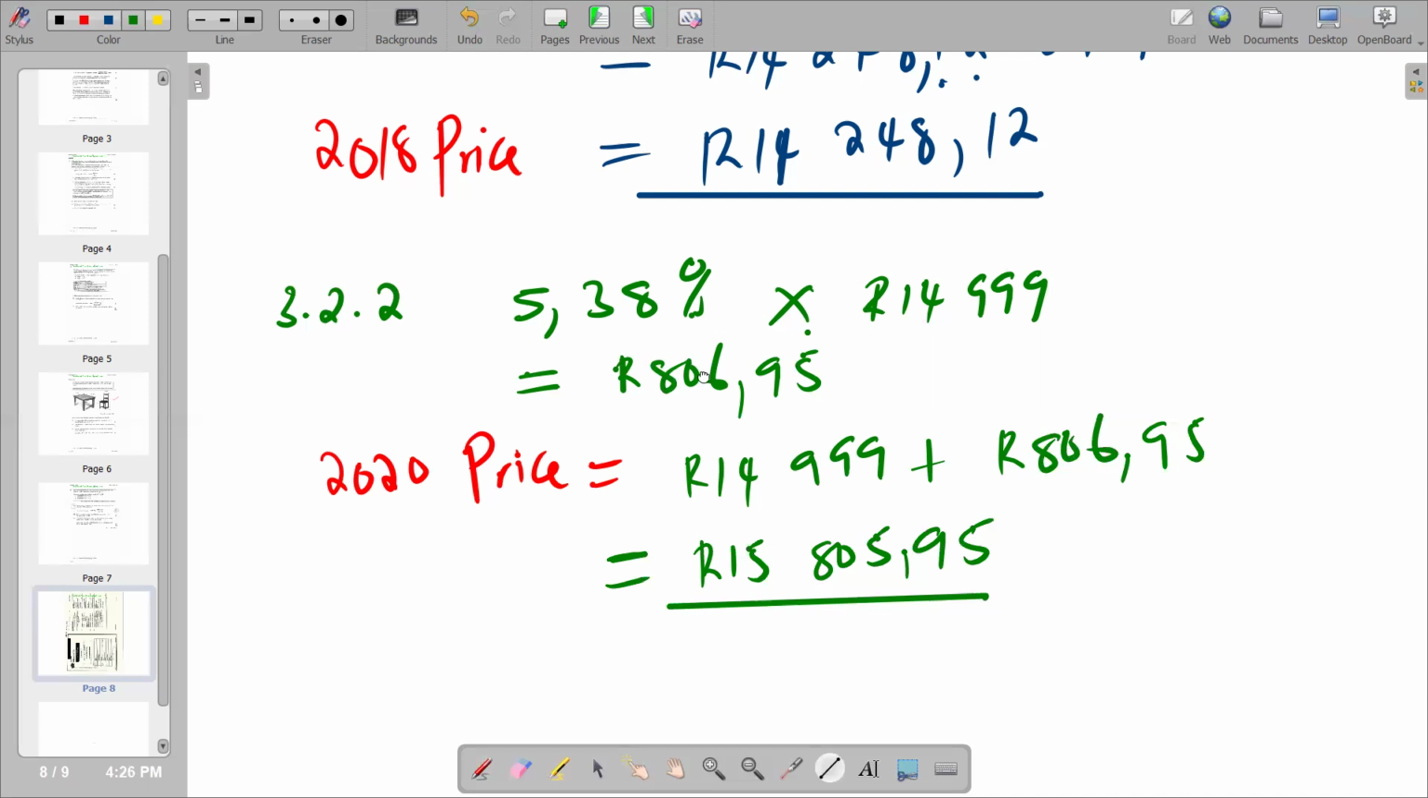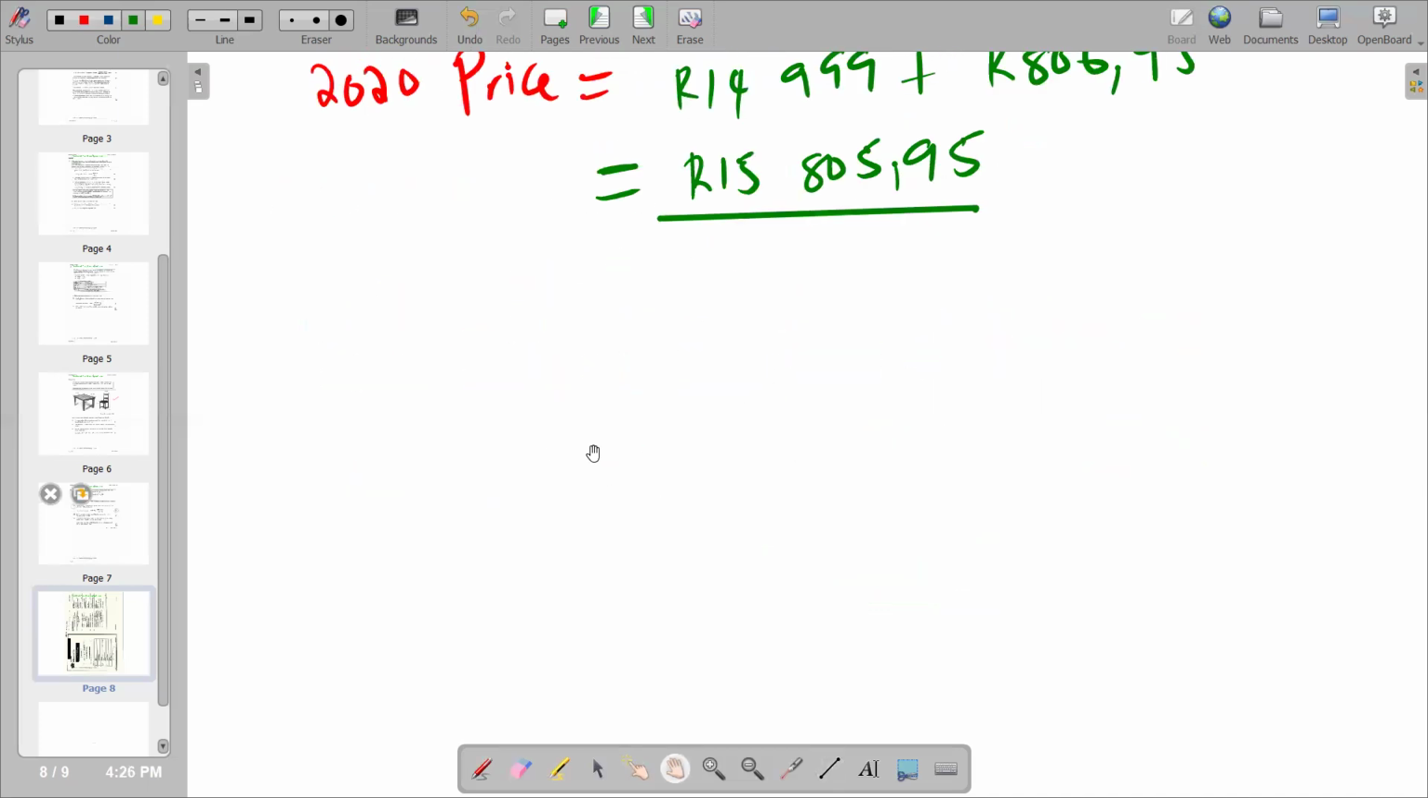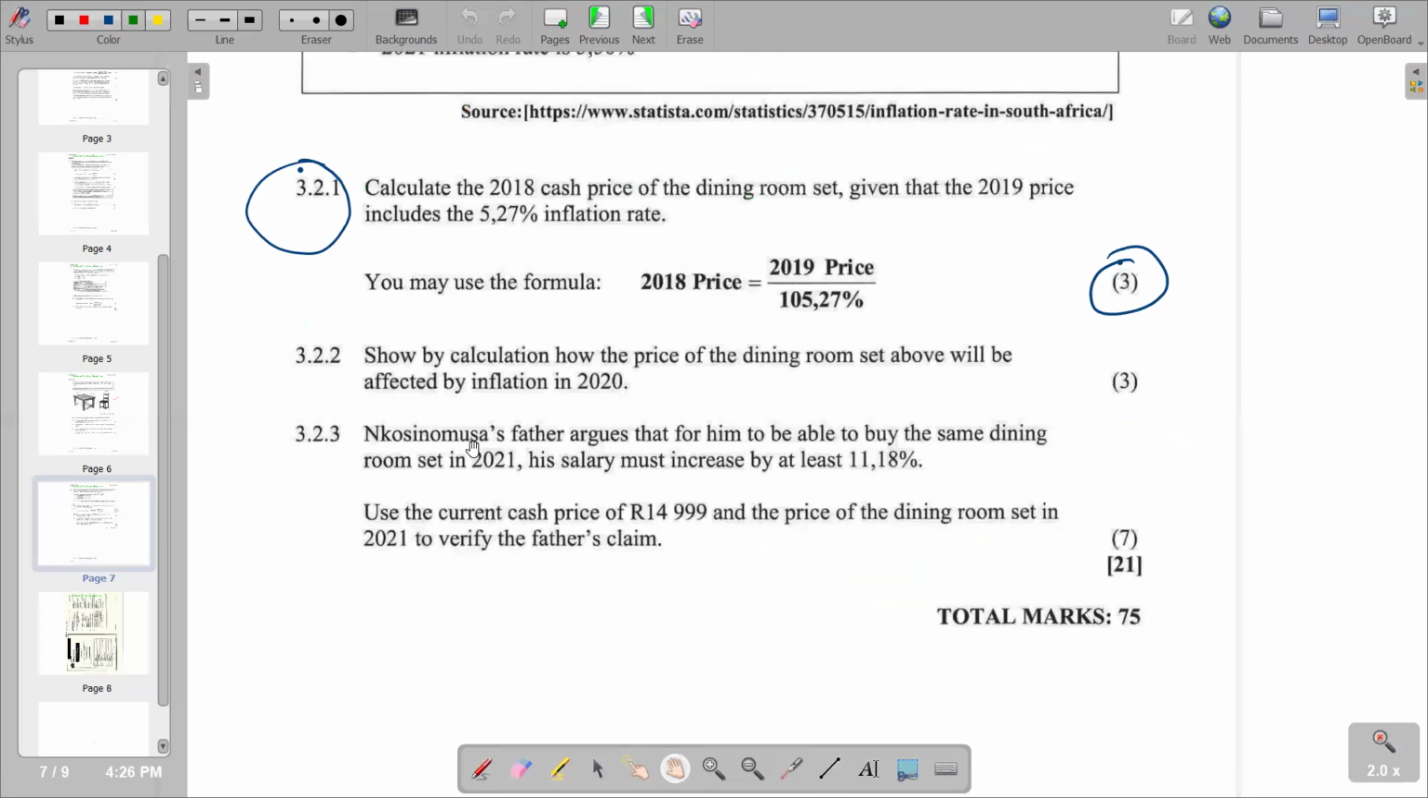So moving on to the next part of our question, which is 3.2.3. On 3.2.3, Nkosinomsa's father argues that for him to be able to buy the same dining room set in 2021, his salary must increase by at least 11.18%. Use the current price of 14,999 rands and the price of the dining room set in 2021 to verify the father's claim. So basically, we are going to check the increase from